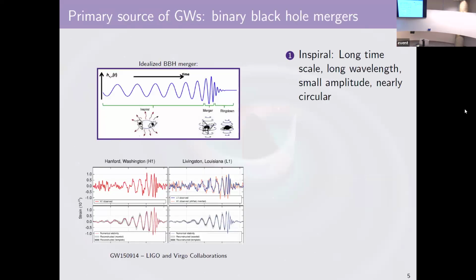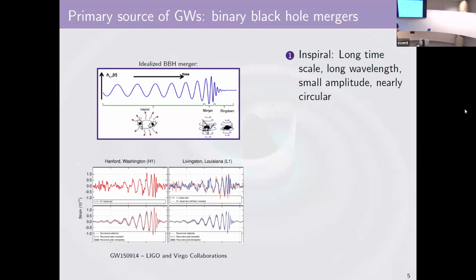So the first thing we need to think about is where are we actually doing perturbation theory? The primary source that we have for gravitational waves, well, I guess not anymore, now that we have our pulsar timing arrays producing fantastic data. The other primary source that we have for actual point sources is binary black hole mergers. So an idealized merger looks something like a very long in-spiral phase where the objects are well separated and slowly infalling towards each other. And this is a long, nearly sinusoidal signal.